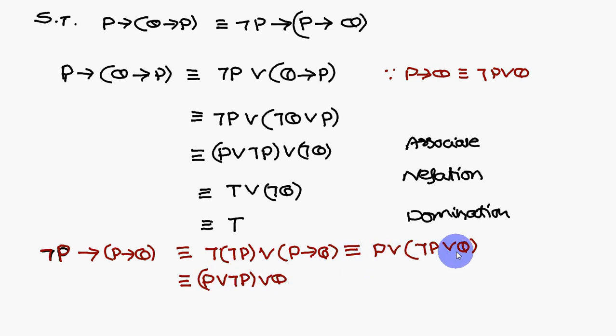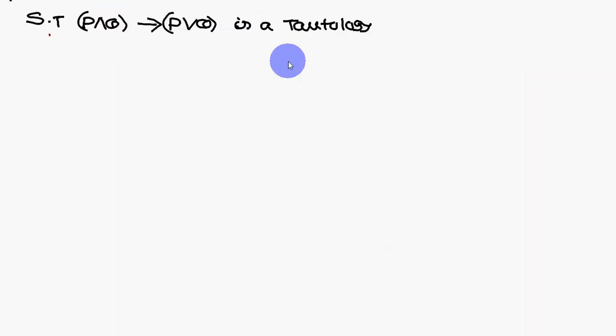All the symbols are R only, therefore you can write using commutative law P or not P or Q. P or not P, always it is true, or Q. Or what it says, at least one should be true. Here true is there, therefore the final answer is also true. So left hand side answer is true, the right hand side also simplified, it is also true. So therefore both are logically equivalent.